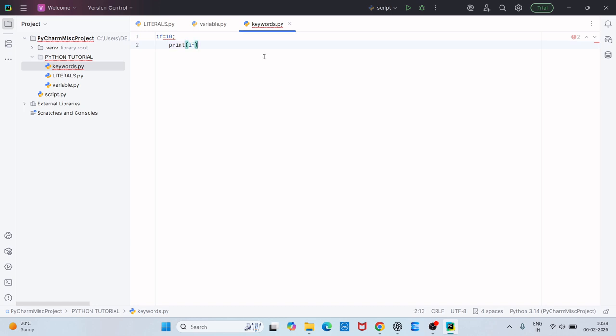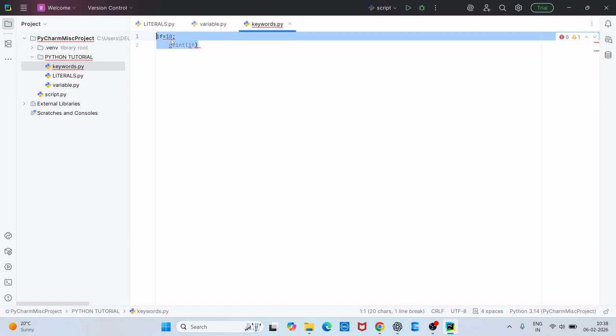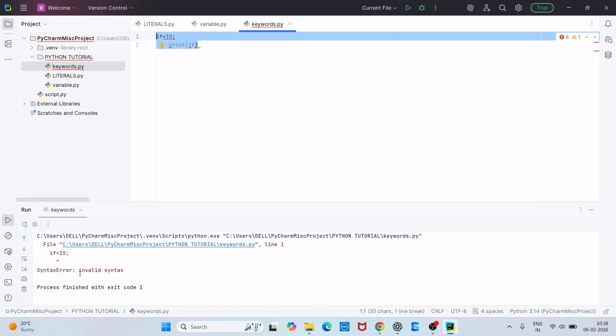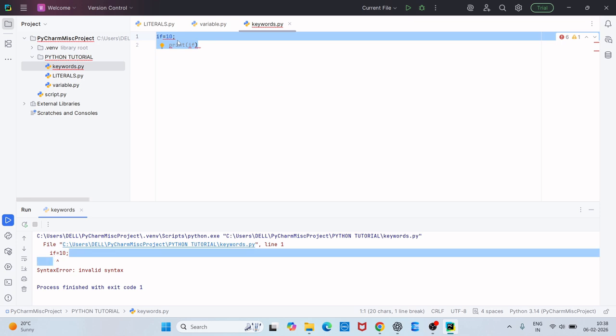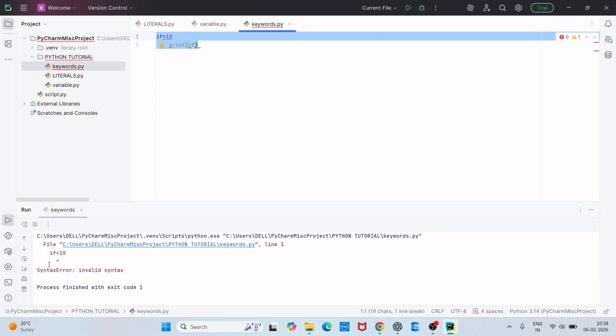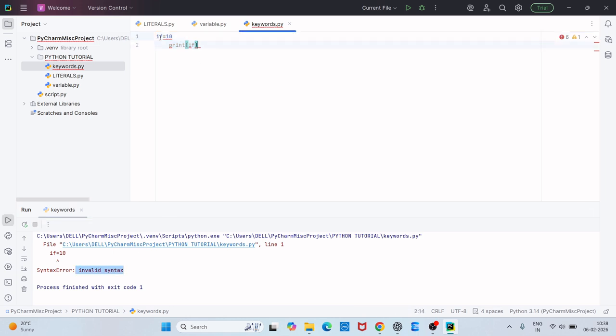When you run this, select the statement, go to your current file, then click on the run button. Now you see invalid syntax, if equal to 10. First of all, you need to remove this semicolon. Now just run again. If equal to 10, invalid syntax. Why invalid syntax? Because if is our keyword.